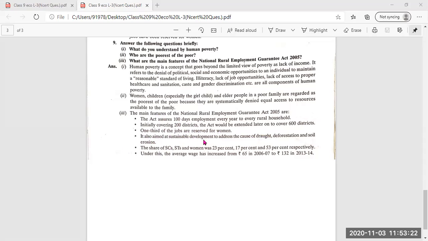It also aimed at sustainable development to address the causes of drought, deforestation, and soil erosion. Then the share of SCs and STs, scheduled castes and scheduled tribes, and women was 23%, 17%, and 53% respectively. And under this, the average wage, wage means income, has increased from rupees 65 in 2006-7 to rupees 132 in